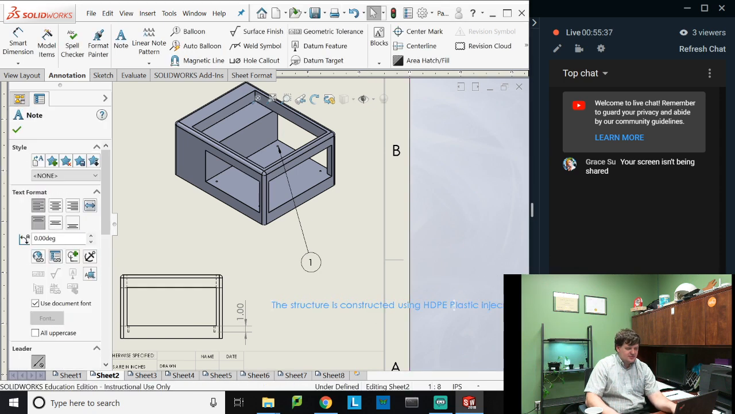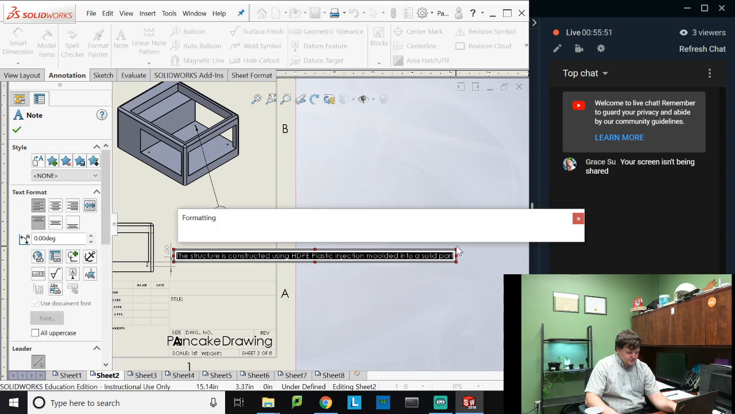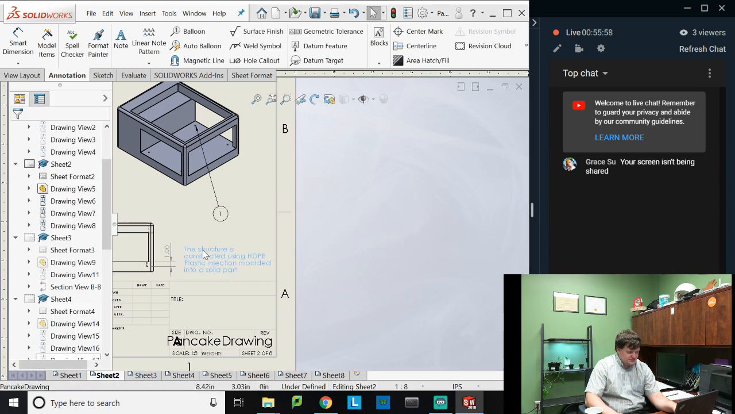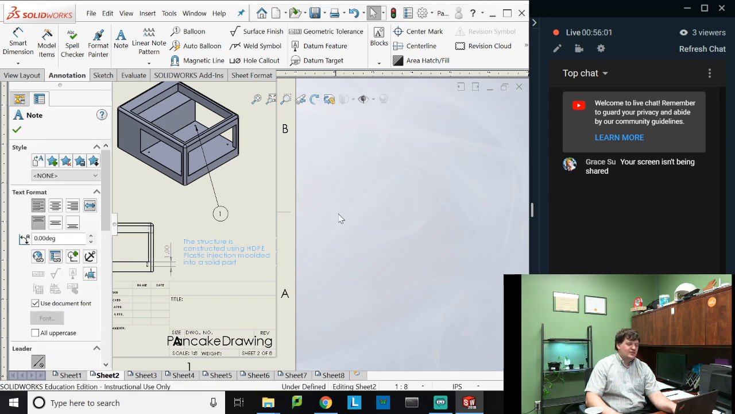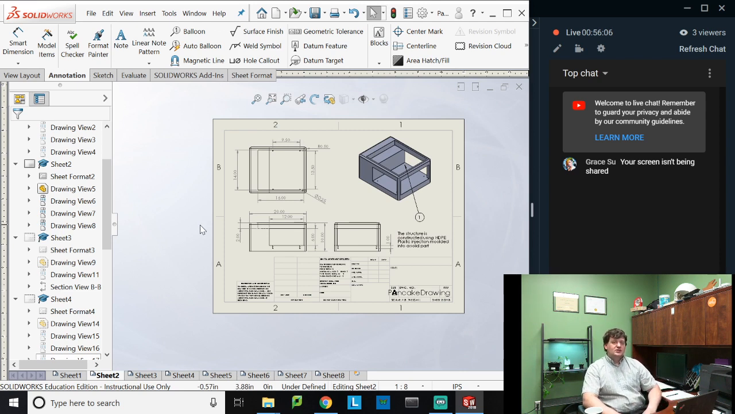Go ahead and click Escape. Great. Now this note is gigantic, so I'm going to go ahead and edit the note, shrink it down, move it in place. Okay? Having notes like this are good to indicate the material choices, how it's made, what it's made out of,